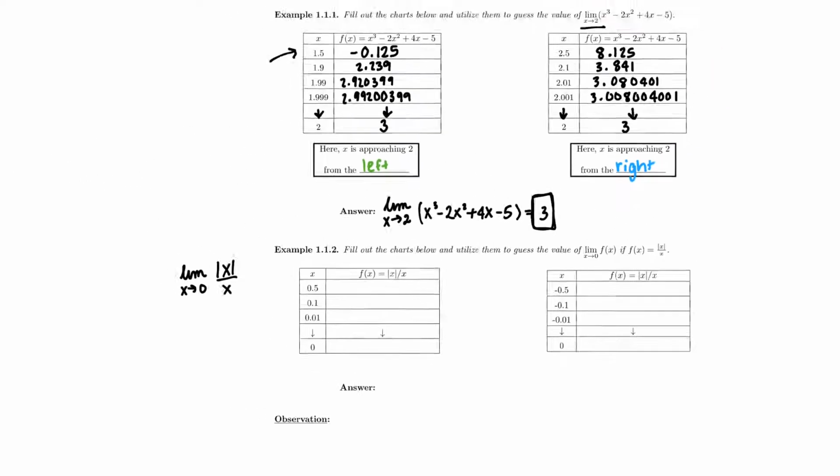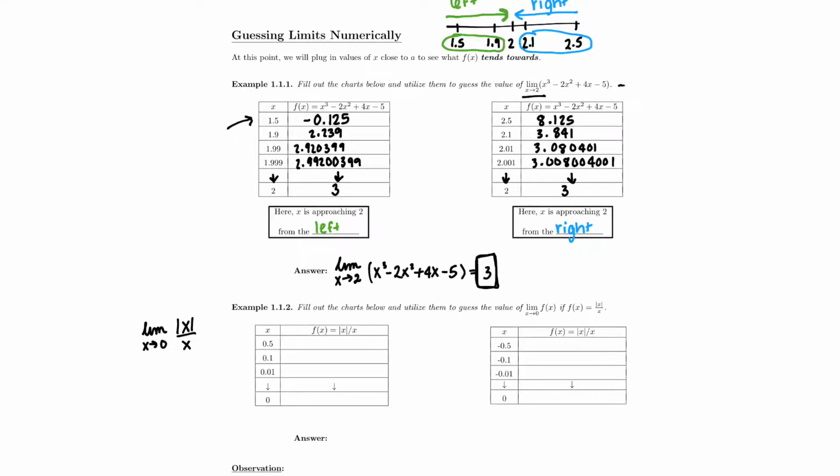So I want you to note that in this very first one, if you actually put in f of 2, so if you plug in 2 to that polynomial, I'm going to do it on my calculator right now. If you do x cubed minus 2x squared plus 4x minus 5, if you plug it into your calculator, you're actually going to get 3. So the number you get down here is the number you get in your calculator. However,